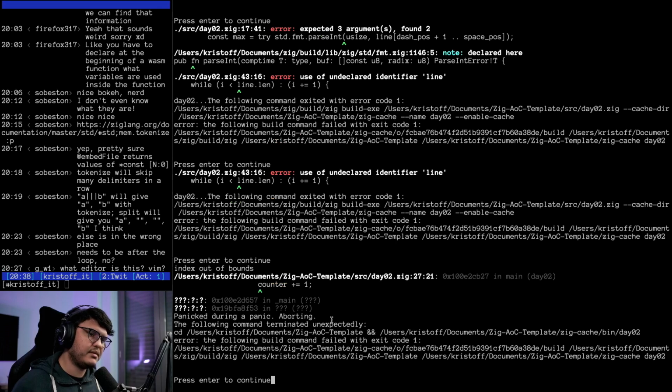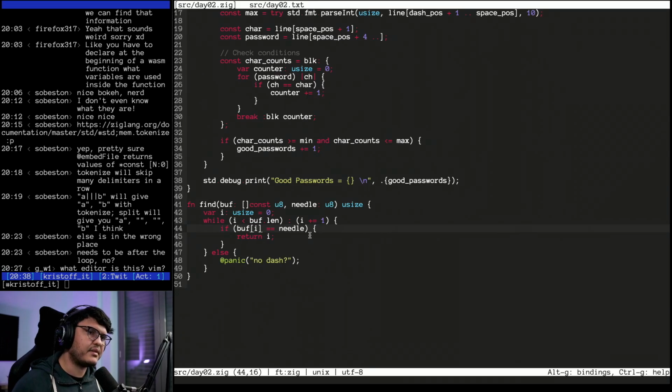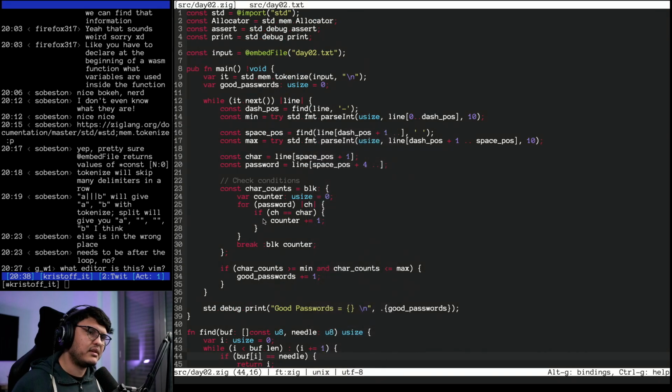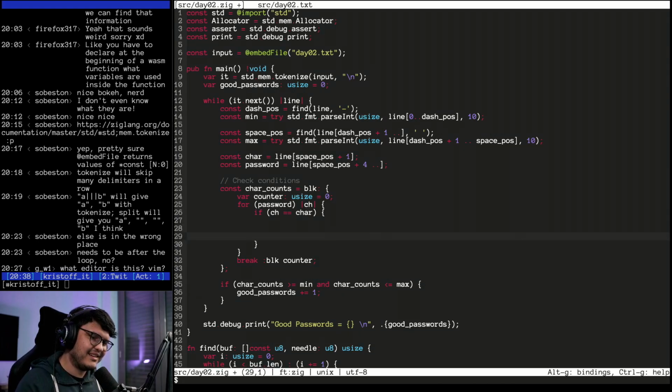Oh, we panicked. Index out of bounds. Interesting. Okay, so index out of bounds, line 27. Index out of bounds, line 27. What? Excuse me? No, wait, okay. Why is this? Oh my god, please don't ask again about stupid dictation.